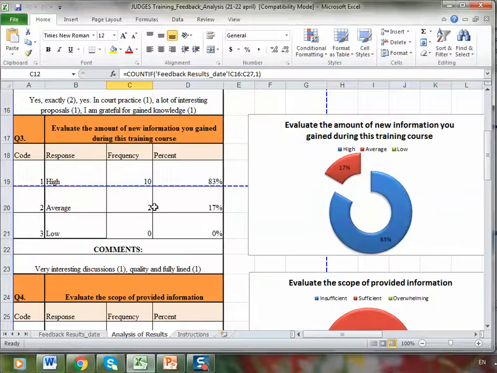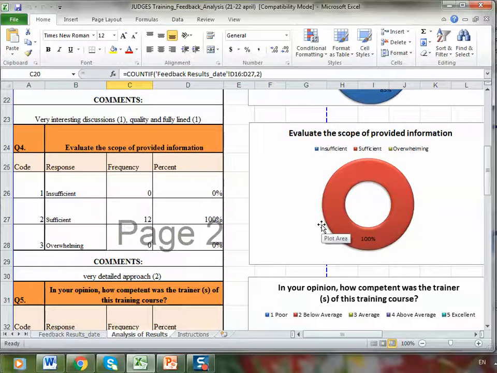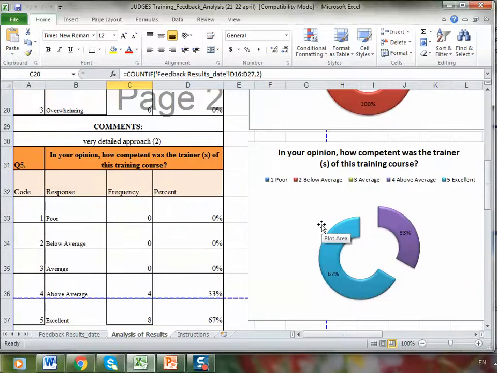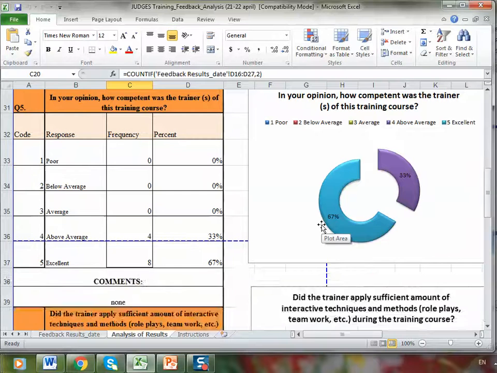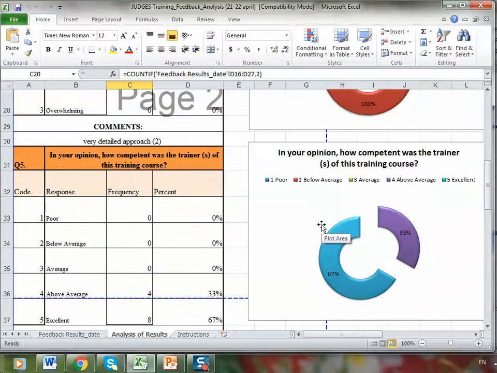Evaluate the amount of new information you gained during the training course. We see that 70% of participants, or 2 participants, think that the amount of new information was average. Again, the next question is 100%. That's another interesting question again. Let's say 33% of